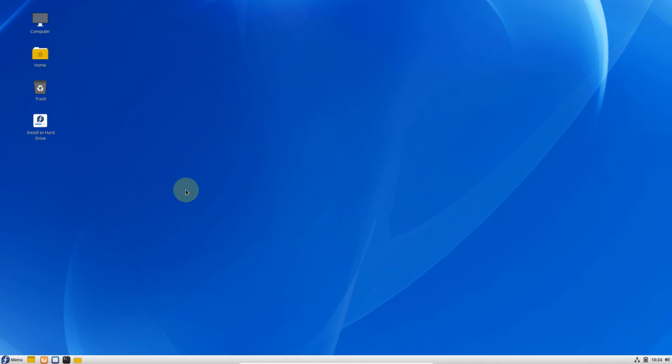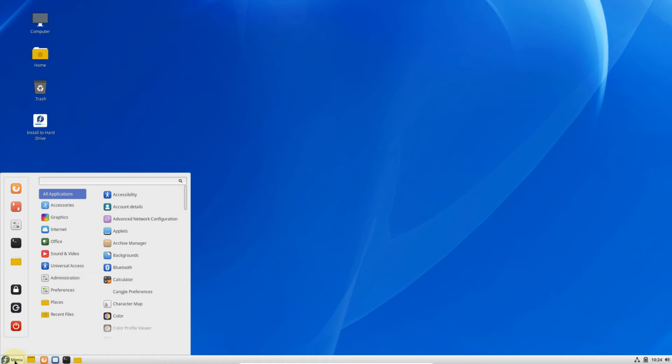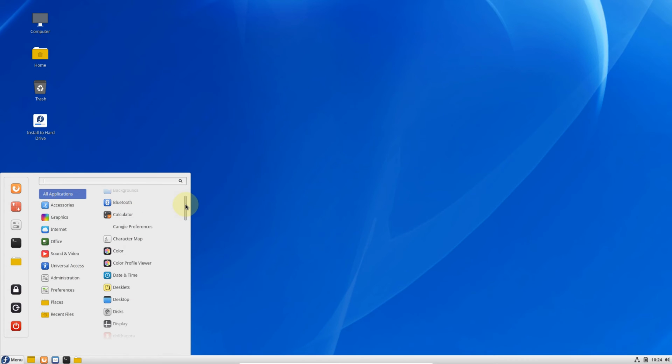If you like Windows 10 or 7 you will feel like home, because this version of Cinnamon looks very much like Windows. It is installed by default on Fedora Cinnamon Spin and Linux Mint.